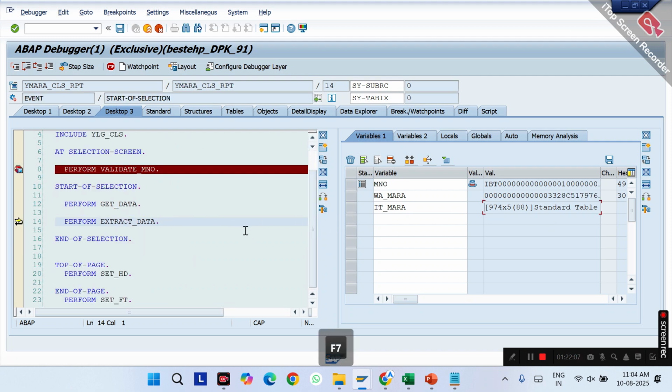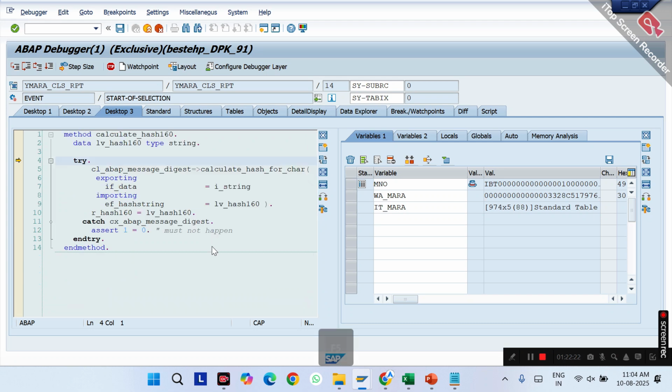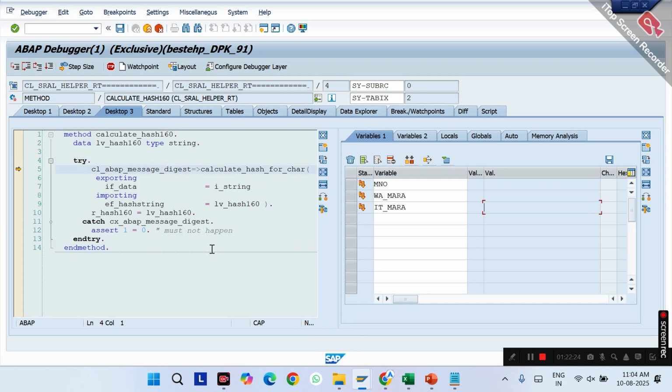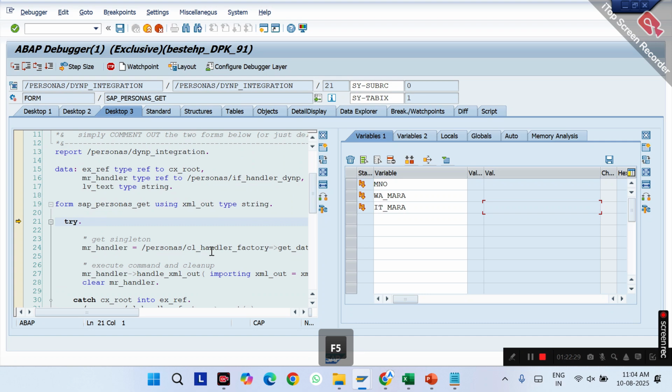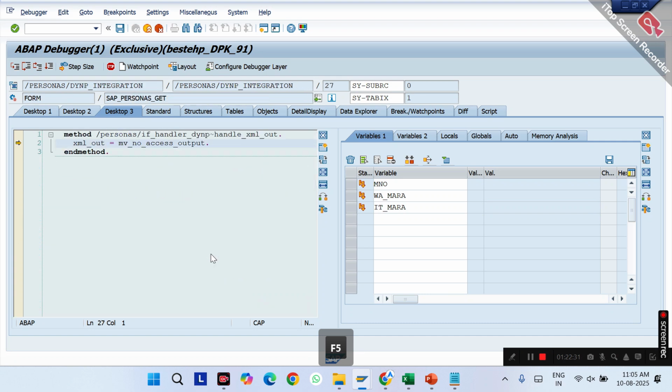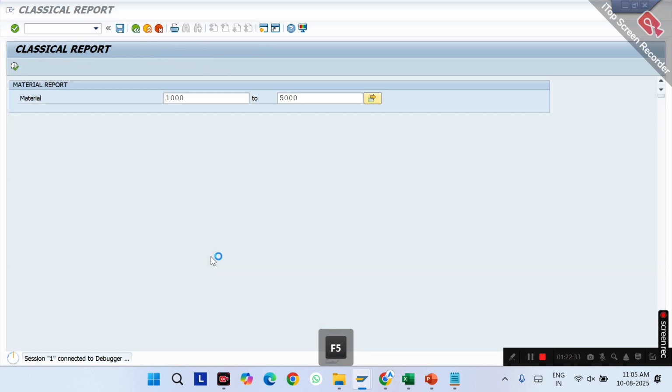I will press F7. Directly we can move to the next statement. Line by line, if you want to execute, you have to use F5, and block-wise, if you want to execute, F7. The last is